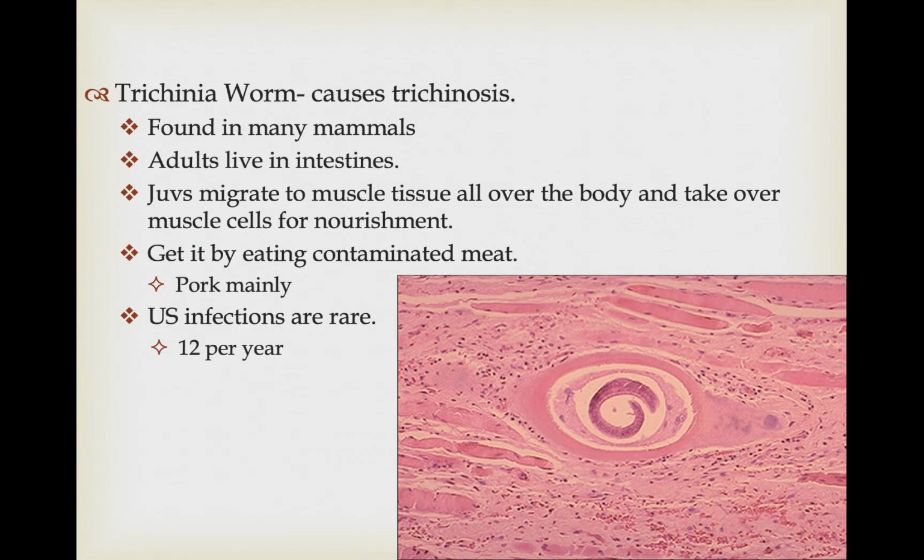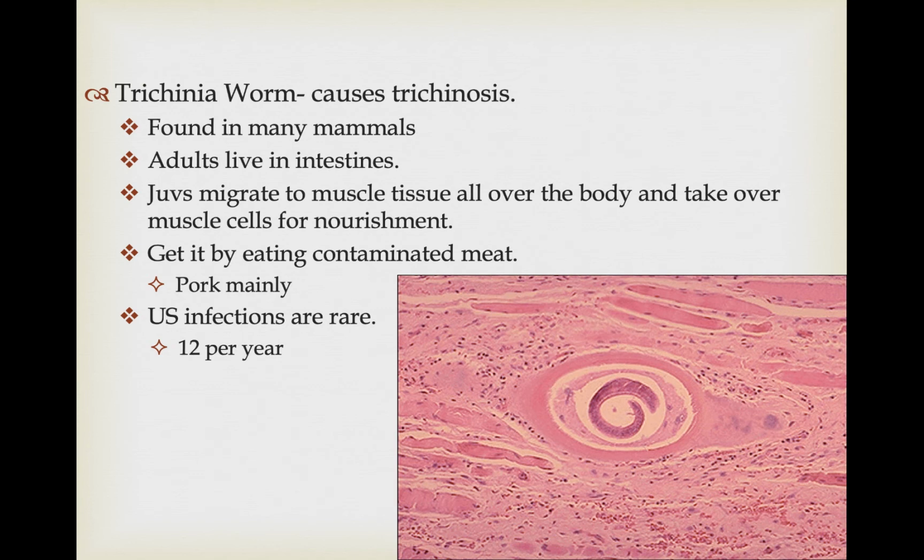Trichinella worms are also roundworms. They cause an illness called trichinosis, found in a lot of mammals. The adults also live in the intestines, but in this case, juveniles migrate to muscle tissues all over the body of their host and take over muscle cells, where they form these cyst-like structures where they're feeding off of these